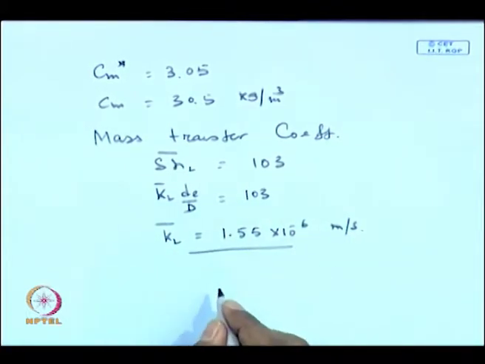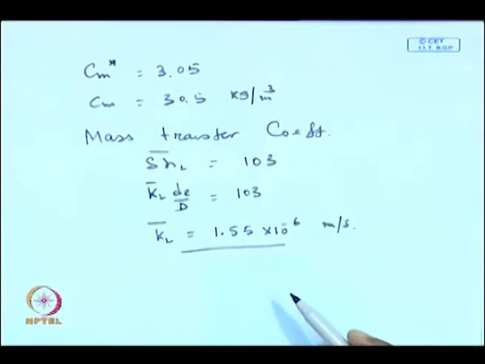meter per second. So, this problem gives a demonstration how we are going to use a more accurate method that we have discussed earlier, that is a 2-dimensional approach in terms of length average Sherwood number and length average permeate flux and the length average membrane surface concentration, all these quantities are length averaged. So, in this process, although we have used a 2-dimensional model, we are not solving any ordinary differential equations or partial differential equations. Our equations will basically boil down to the solution of two simultaneous algebraic equations, exactly like the film theory equations, but the only formulation is changed.